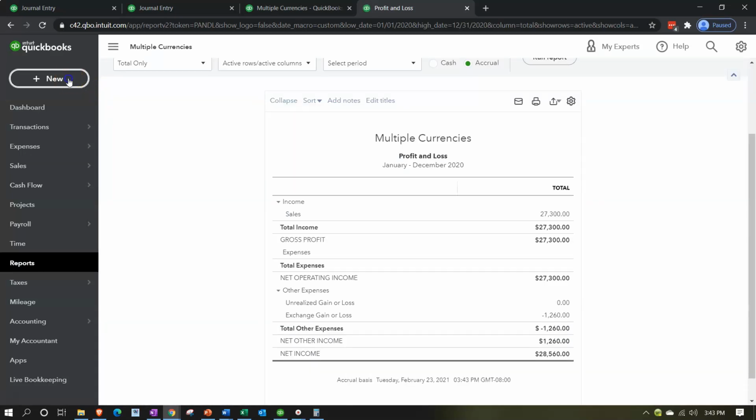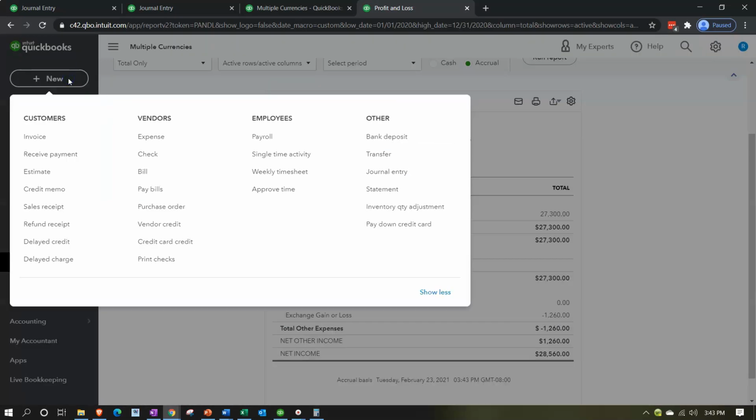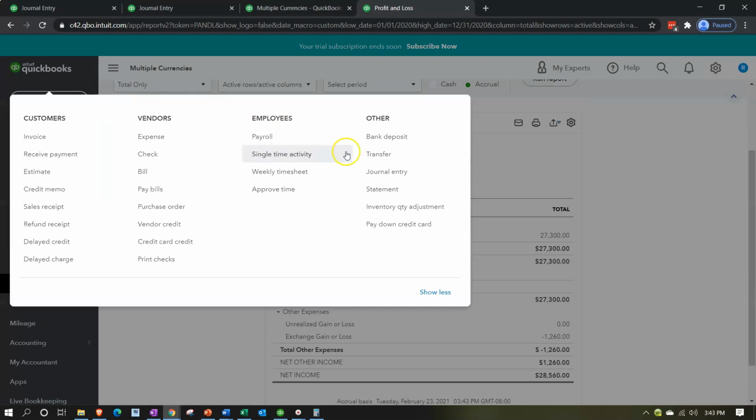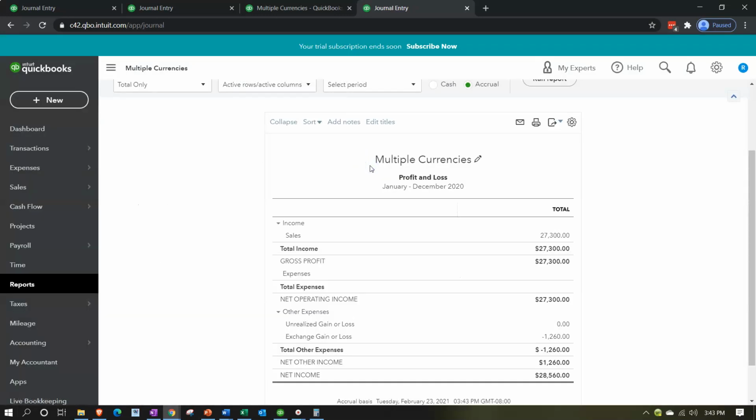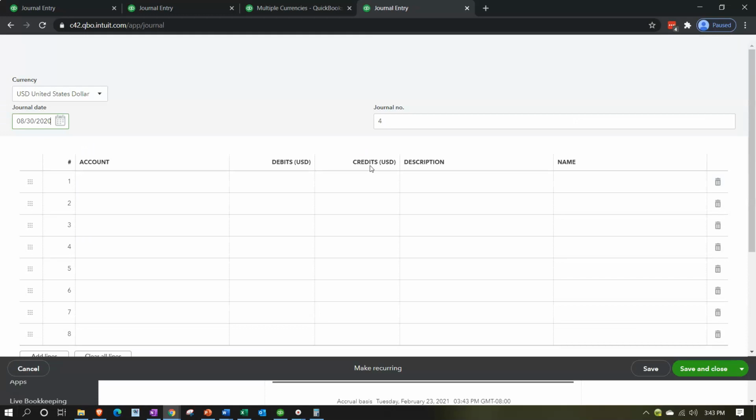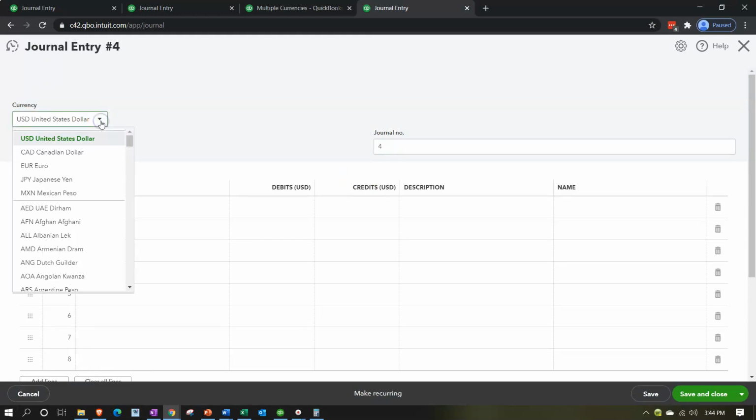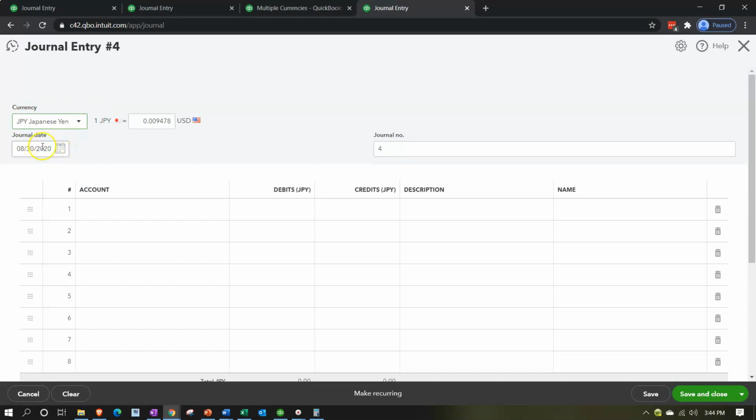So I might then go, okay, let me mirror that by opening up another journal entry. I'm just going to say journal entry. And this one, I'm just going to not record it, but I'm just going to use the system to calculate what it should be. I'm going to make this in yen. And I'm going to change the date then to what would be the current date that we're looking into, which I believe was